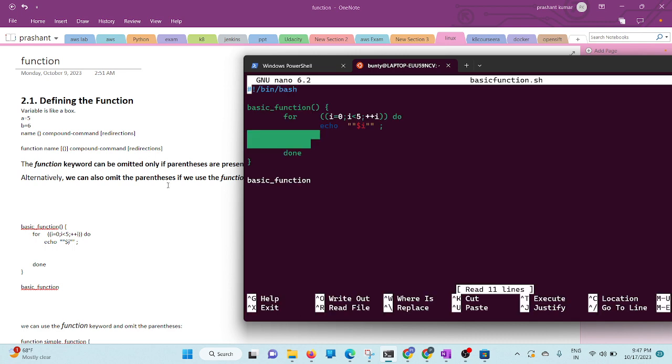अभी हमने क्या किया है, सिंपली एक हमने शिबांग लाइन लिखी, एक फंक्शन हमने यहाँ पे लिख लिया, कुछ नहीं करना है। फंक्शन का नाम हमने दे दिया है, ये ब्रैकेट मस्ट है, ये कर्ली ब्रैकेट इज नॉट नेसेसरी, इट्स ऑप्शनल, कंपाउंड कमांड। इनसाइड दिस हमको ये लॉजिक देना है, for से स्टार्ट होगा लूप, i से स्टार्ट हो रहा है, i से लेके 5 तक चलता रहेगा, और ये बार बार इंक्रीमेंट हो रहा है 5 तक का।